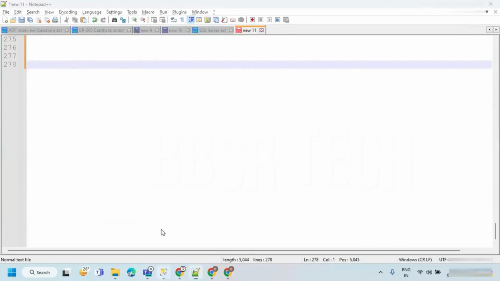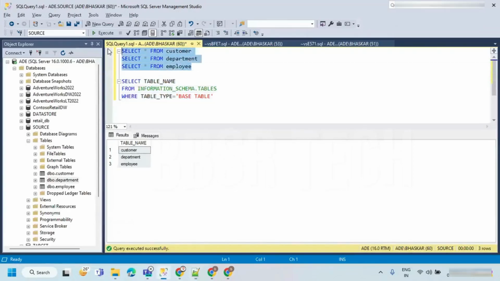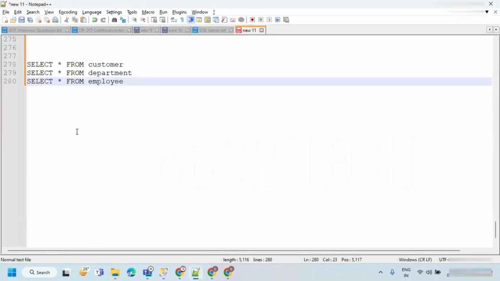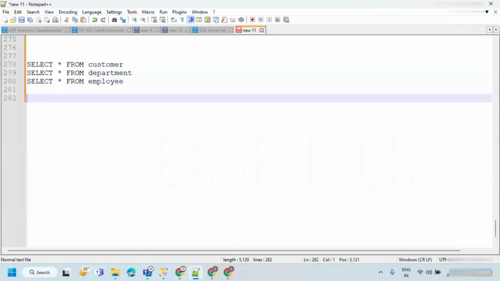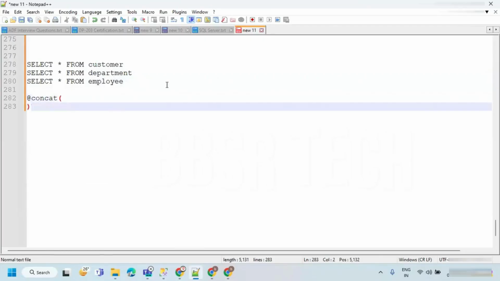if I wanted to read the data from multiple tables, this is what I have written. I'm just taking this code. In all these places, this entire thing is the common query for each and every table. Now, we already came across the concat function, the concatenate function, as part of making a file name to add the dates.